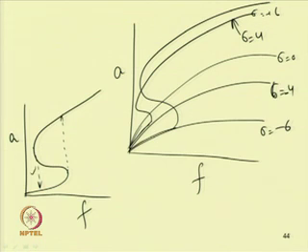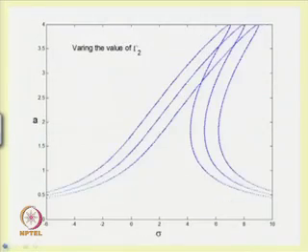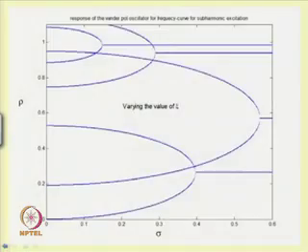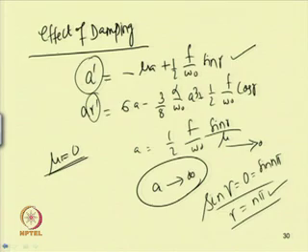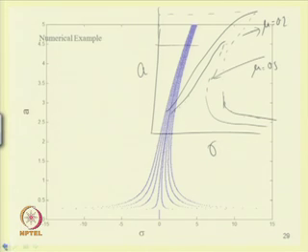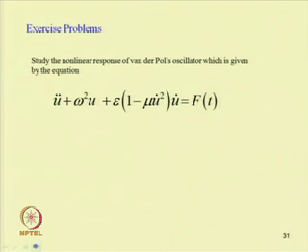So, let us take some exercise problems in this case, and after that I will run the MATLAB code for finding the response of the system. Let us take two exercise problems. In the first exercise problem, let us take the van der Pol equation. In case of the forced van der Pol equation, the equation can be written in